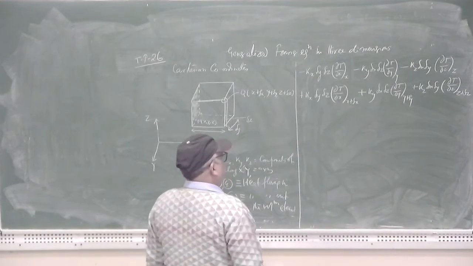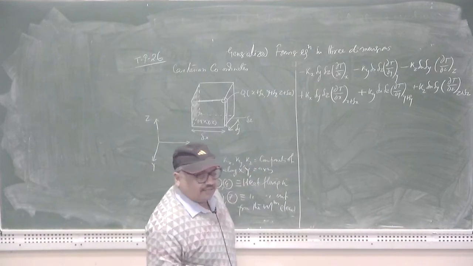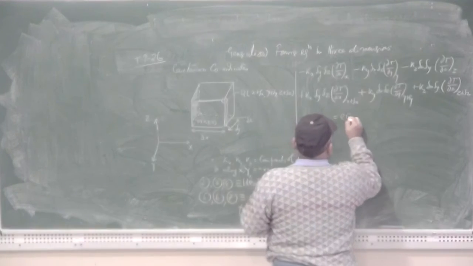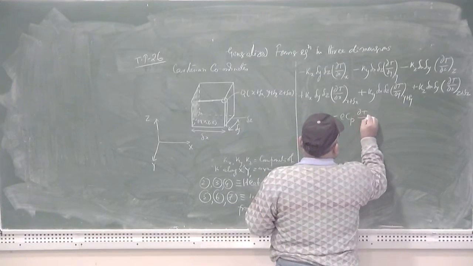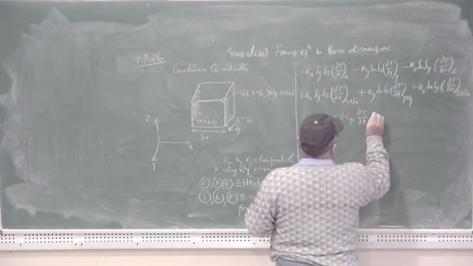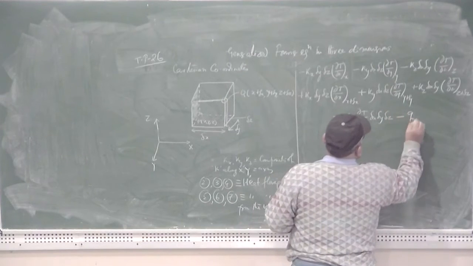That should be equal to the rate of change of heat in the volume element, that should be equal to rho Cp this, that stands for delta Q by delta t into delta x delta y delta z minus